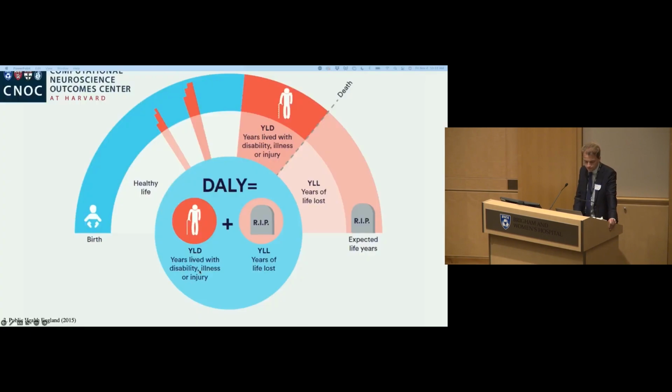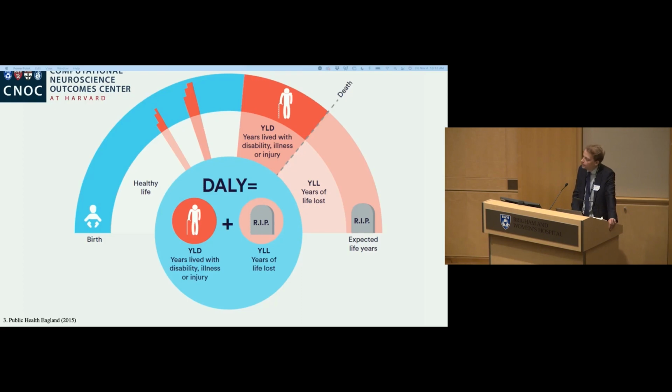So the DALY is really the disease burden in years, and it's a combination of the years lived with disability and the premature mortality that happens due to a condition. So we can see here the life arc of this person who will live with a disability and then die at a premature age, and then they will have a certain DALY. And on a population level, this will allow you to assess the disease burden of a disease on a population, which will guide